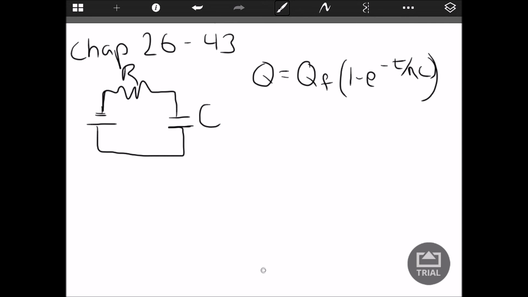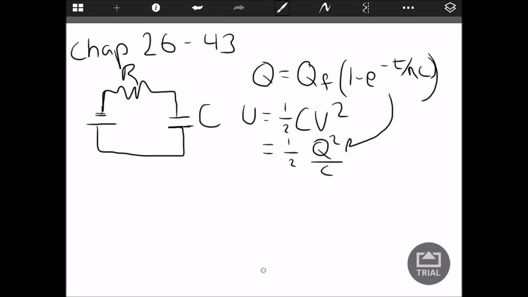Now we want to find energy, and so we know that energy equals 1/2 CV squared, and since V is just Q over C, this evaluates to 1/2 Q squared over C. Now what we do is we substitute this for Q, and we end up with 1/2